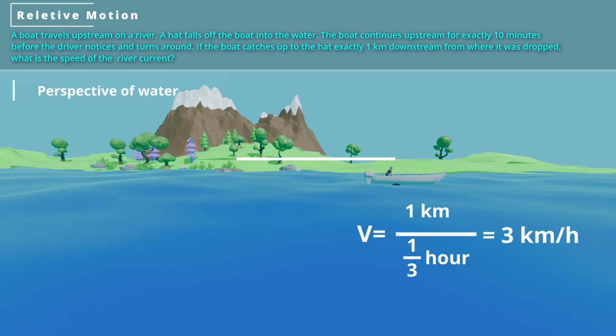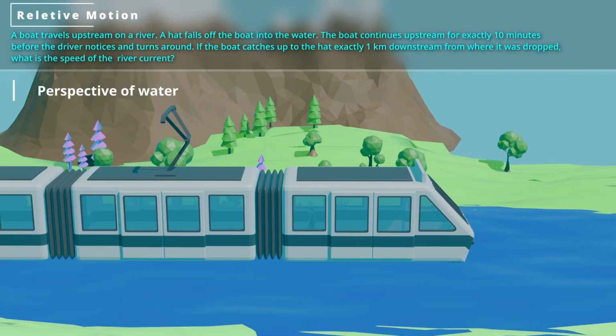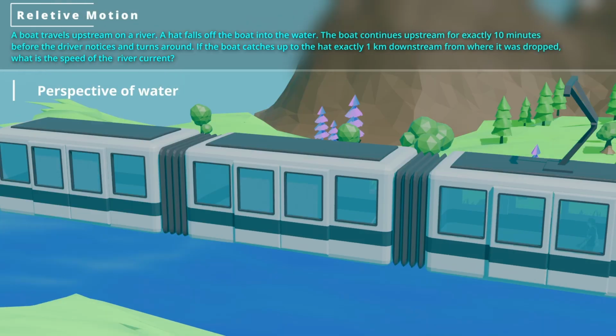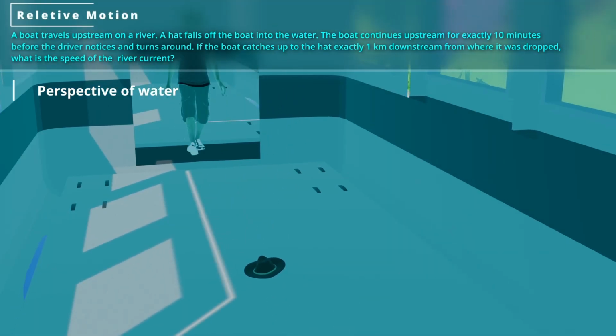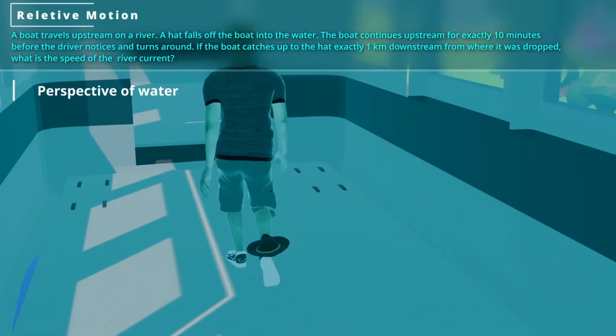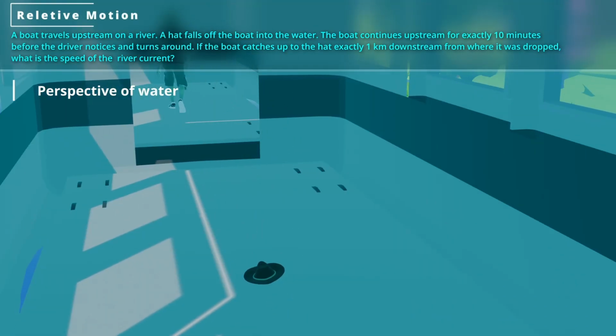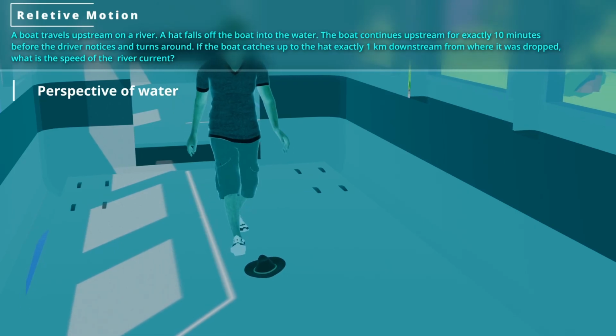We just solved the problem in our heads, but if this shift in perspective still feels a bit abstract, let's use a more familiar visual analogy to lock it in. I want you to imagine that this flowing river is actually a massive, slowly moving train. Look at it from inside the train car. The surface of the water is just the solid floor of this train. The hat is an object dropped on the floor, which is just sitting there perfectly still. And the boat? That's just a passenger walking down the aisle at a constant walking speed.